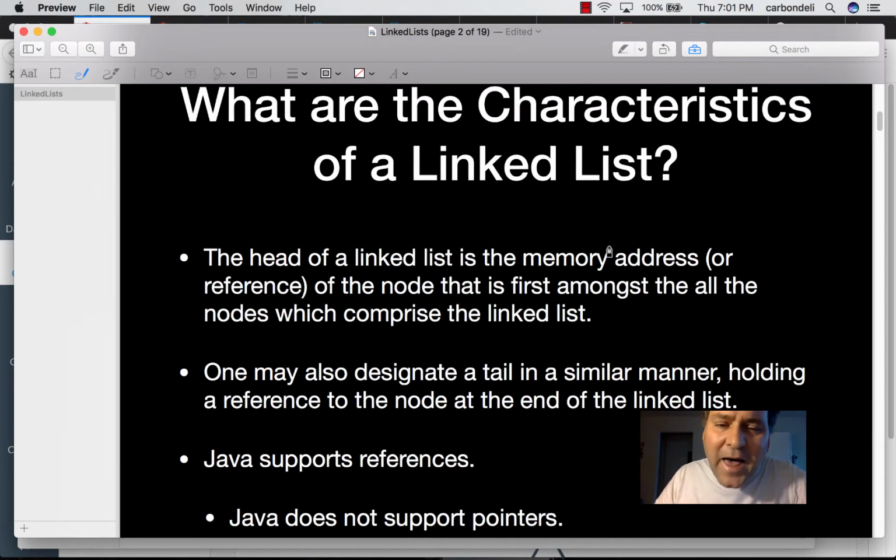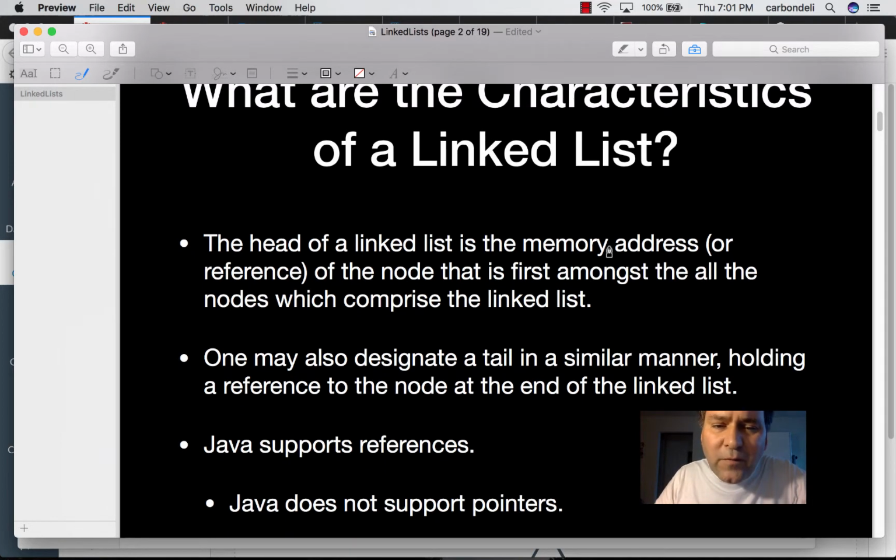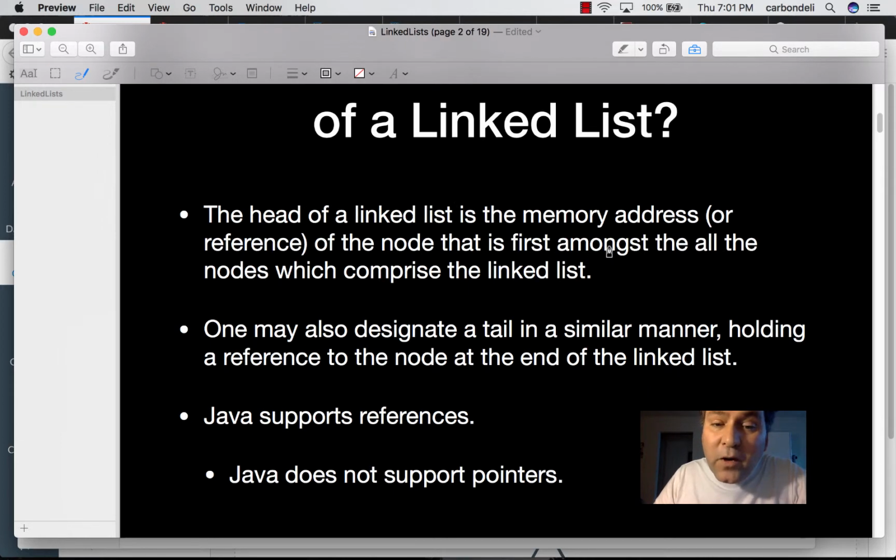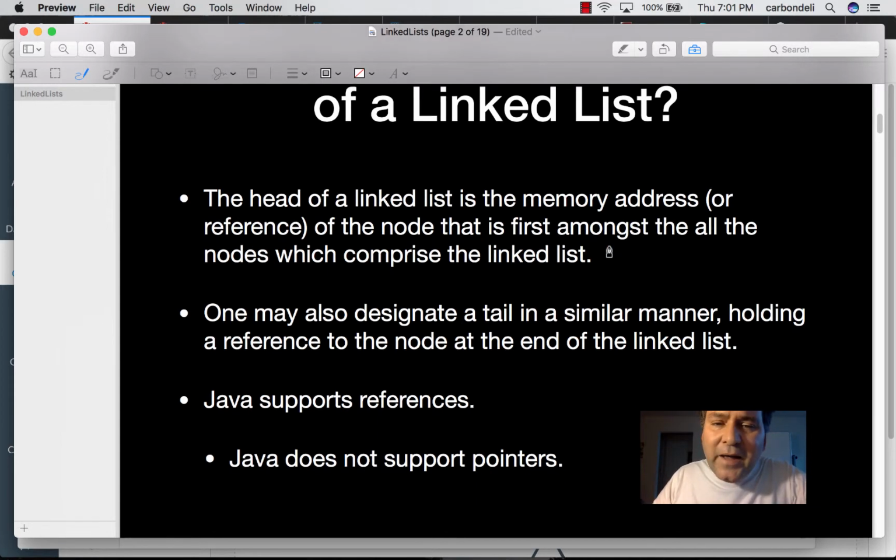We have a head, and the head of a linked list is the memory address or reference of the node that is first amongst all the nodes which comprise the linked list. One may also designate a tail in a similar manner, holding a reference to the node at the end of the linked list. And the programming language Java supports what are referred to as references, and a reference is essentially